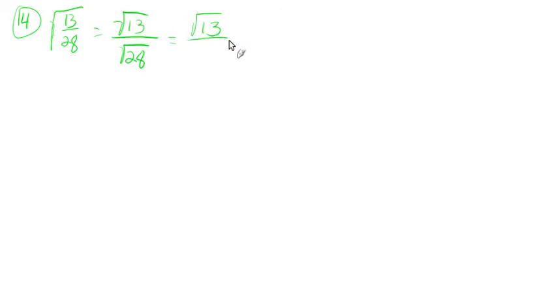So let's throw that into the mix of a simplification problem. Number 14. Square root of 13 over 28. So we'll split it apart. Square root of 13 over the square root of 28. I'm not going to be able to simplify the square root of 13, but maybe the square root of 28 you could. We've already done that one actually in one of the previous examples. It's the square root of 4 times the square root of 7. Let's get the square root of 13 still. Then we got